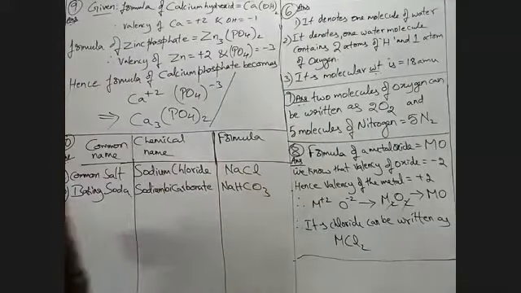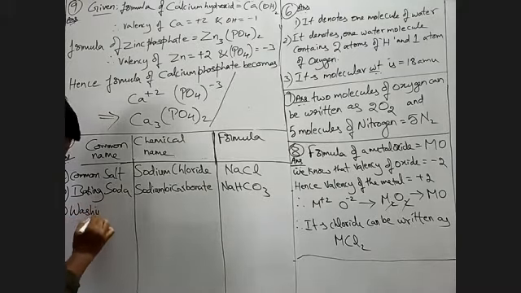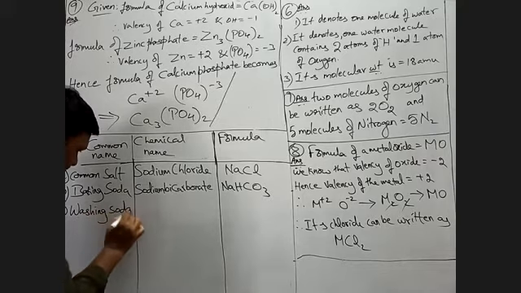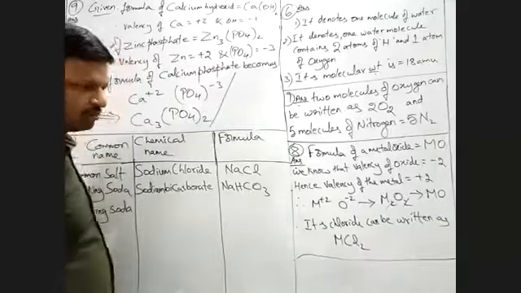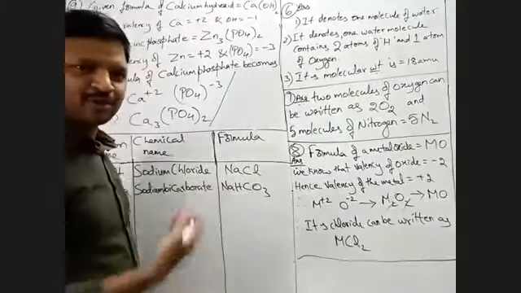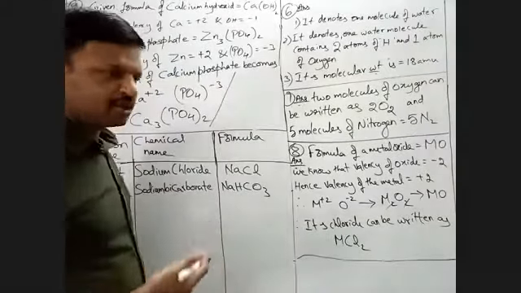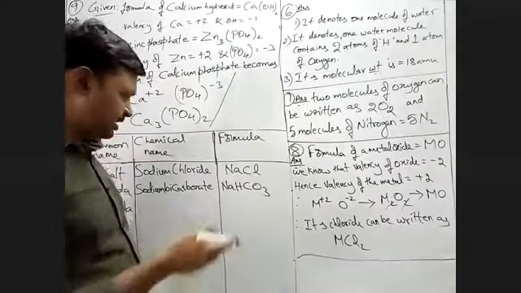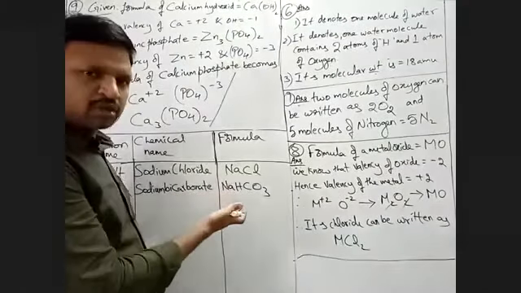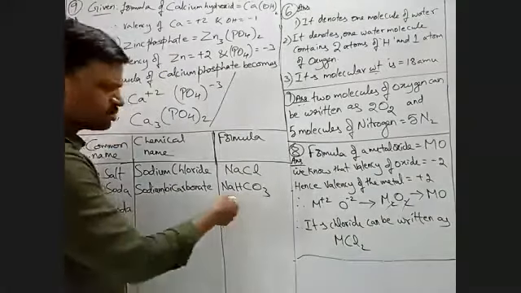Then coming to the next one, C. What is C? Washing soda. Baking soda, what does it mean? You use this in your kitchen daily. You can ask your mom, whoever is cooking. Anybody, daddy cooking? Okay, daddy can also cook. Even I too cook sometimes. So it is sodium bicarbonate, cooking soda, or baking soda. Cooking soda also means this one only.